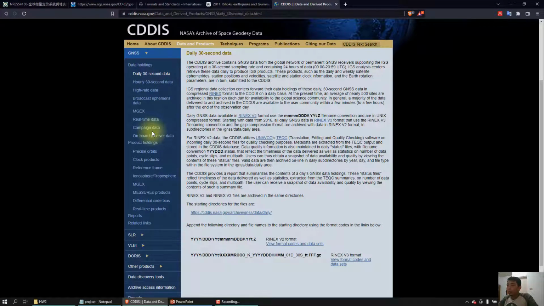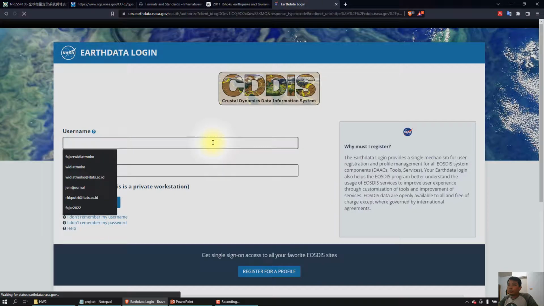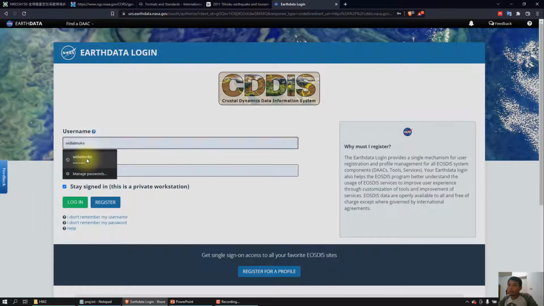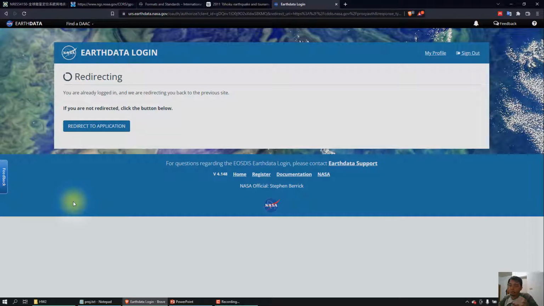Then we can go directly to this directory for downloading the data. First of all, we need to log in. If you haven't, you need to register. It's really easy, like applying for a new Facebook account.